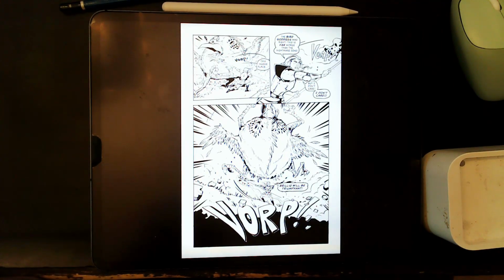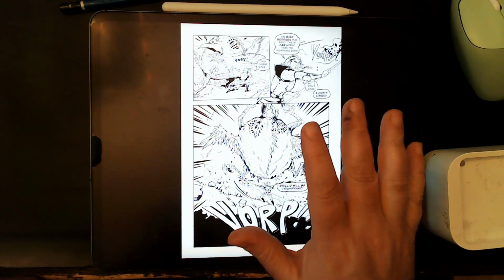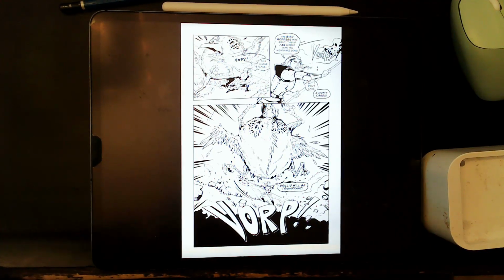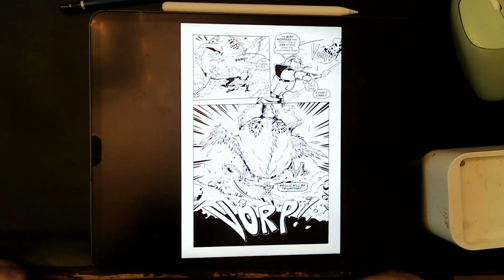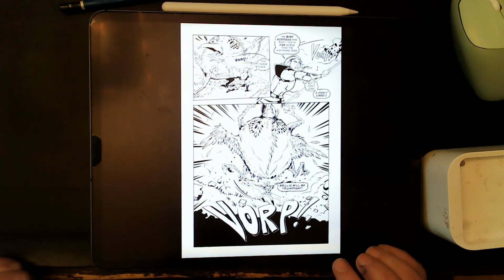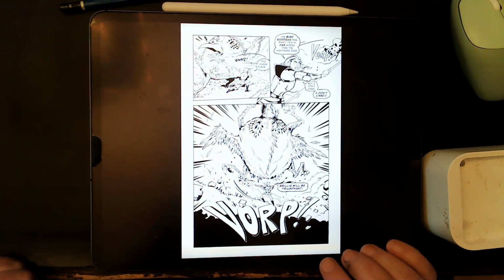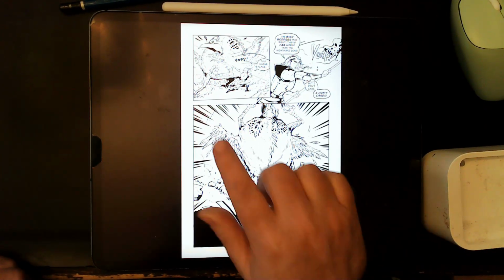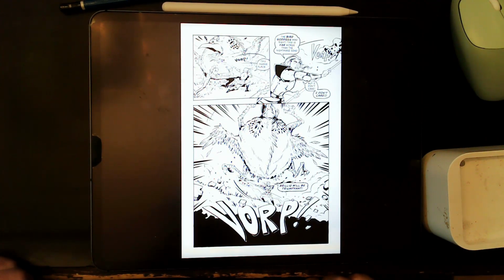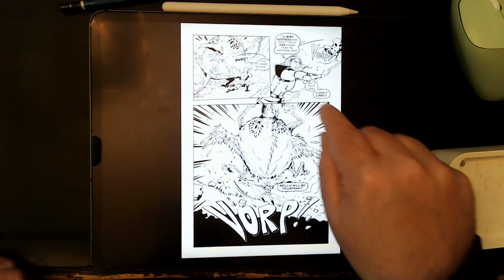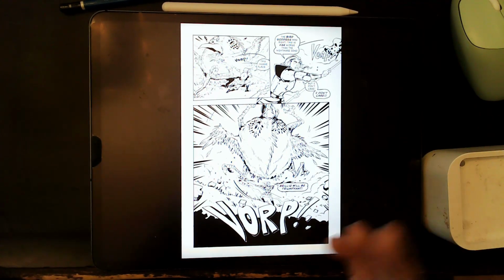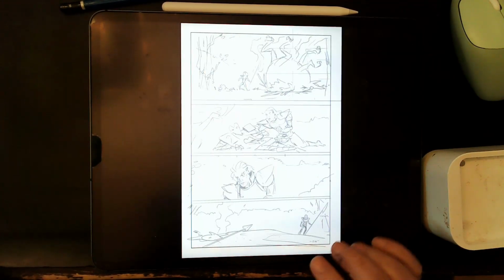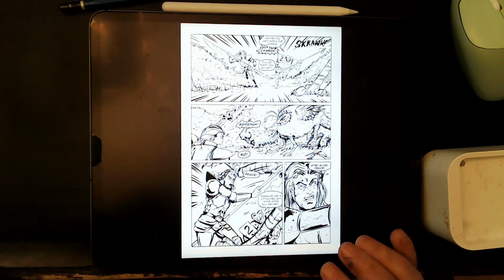I know the beat of the page, so I know what's happening on the page. In this page, that's where the battle happens. And I draw what I think the battle is like. I'm trying to put myself in the mindset of an artist telling a story. And so I draw the whole sequence. And then, once the pencils are done, I go in and I start to improvise the dialogue. And so that's the Stan Lee step. Like the first step is the Jack Kirby step. The second step is definitely the Stan Lee step, where I basically come up with the dialogue after the pencils are done.